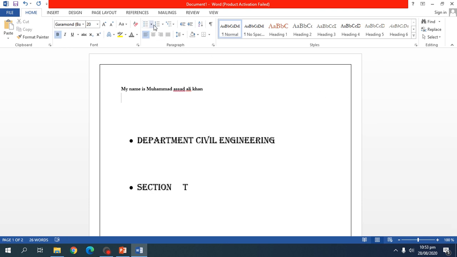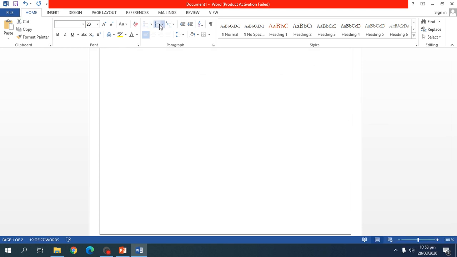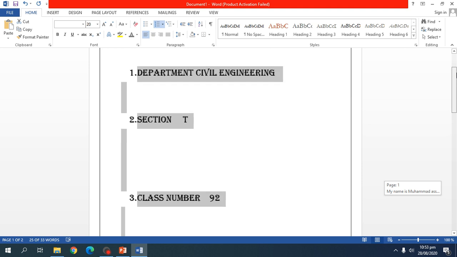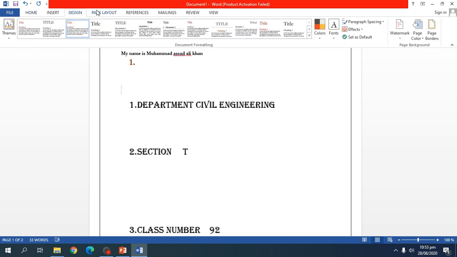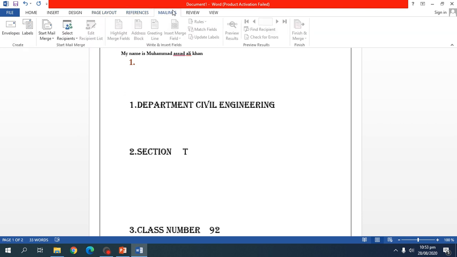And I can also add them in numbering, different kinds of numbering: 1, 2, 3, etc. And different tools are available, different designs, page layout, references, mailing, and